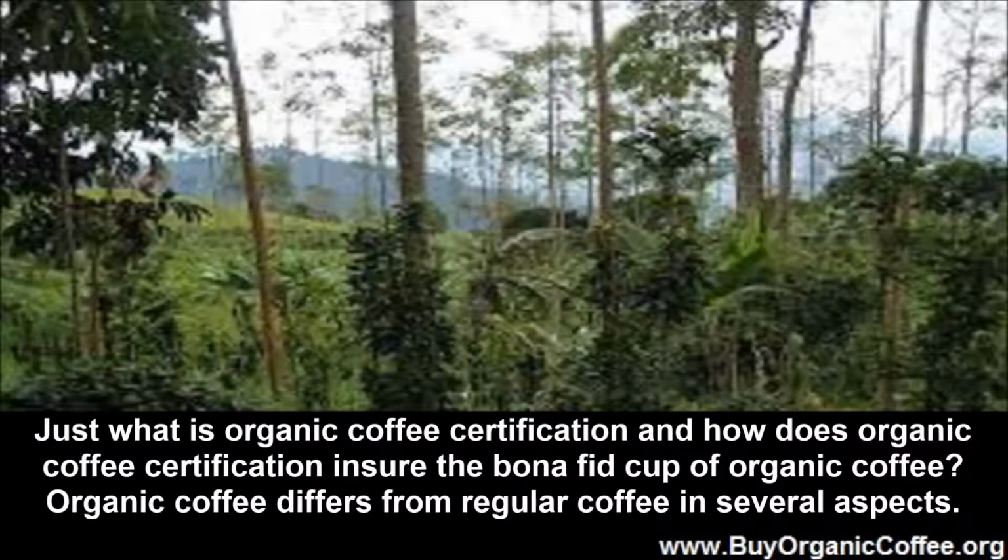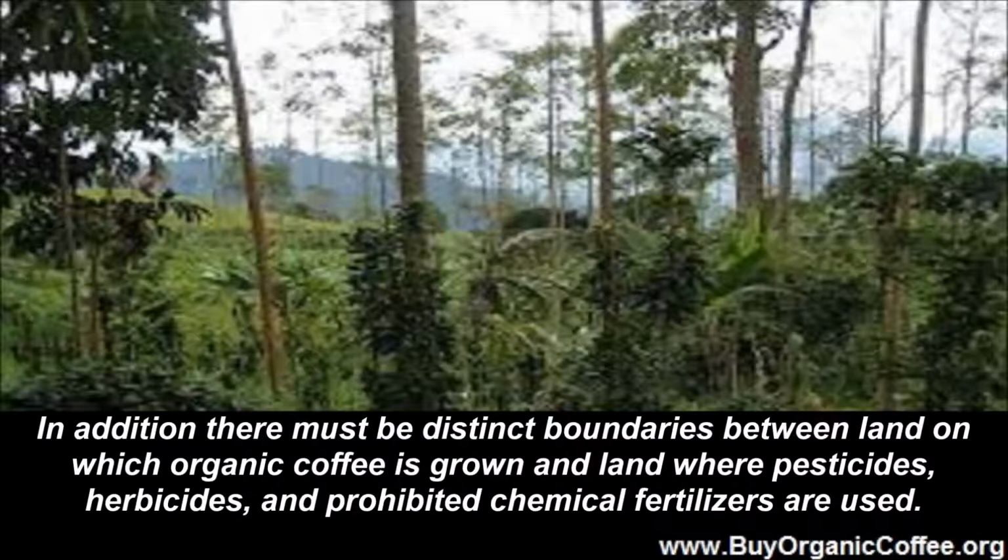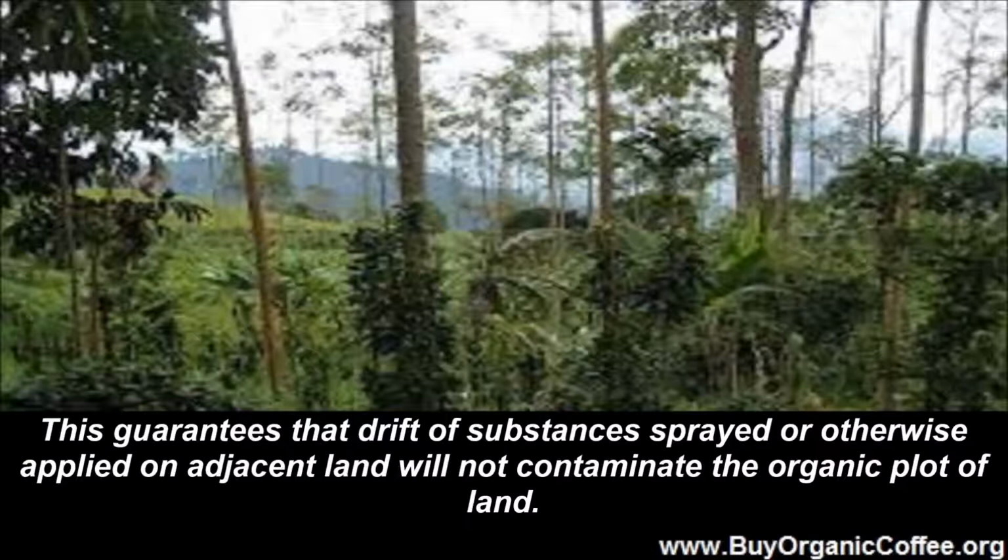Just what is organic coffee certification, and how does it ensure a bona fide cup of organic coffee? Organic coffee differs from regular coffee in several aspects. The soil in which organic coffee is grown must have been verified as free from prohibited substances for at least 3 years. In addition, there must be distinct boundaries between land on which organic coffee is grown and land where pesticides, herbicides, and prohibited chemical fertilizers are used. This guarantees that drift of substances sprayed or otherwise applied on adjacent land will not contaminate the organic plot of